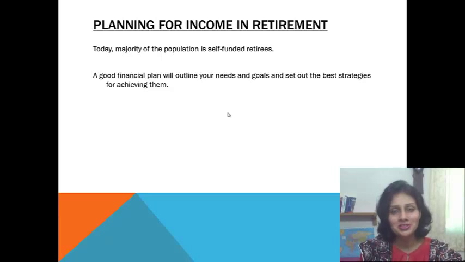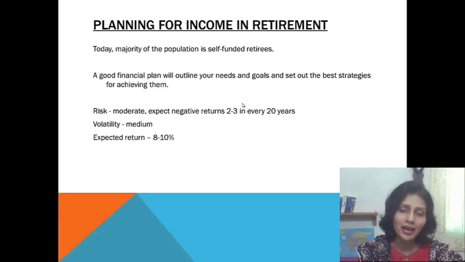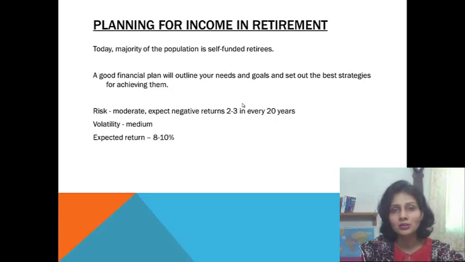What you need to do is make a good financial plan. You have to lay down what kind of expenses you are looking forward to at the time of your retirement. And you have to put your investments in place such that the investments stay safe, but they are able to give you a return good enough to fund your retirement requirements. So for people like you, we have to really look at products with a moderate risk, which have a medium volatility, and still which have a decent return of about 10%,